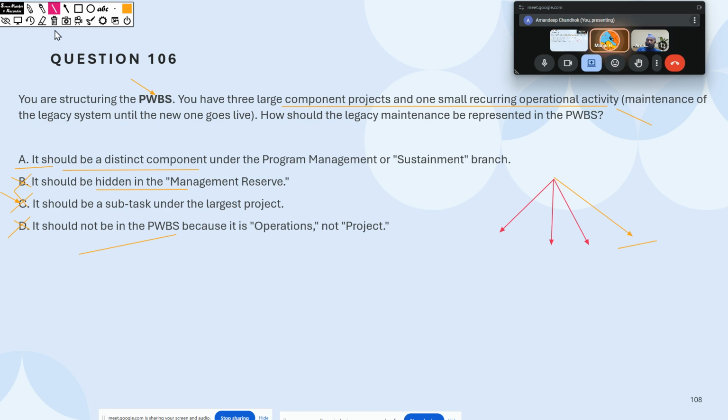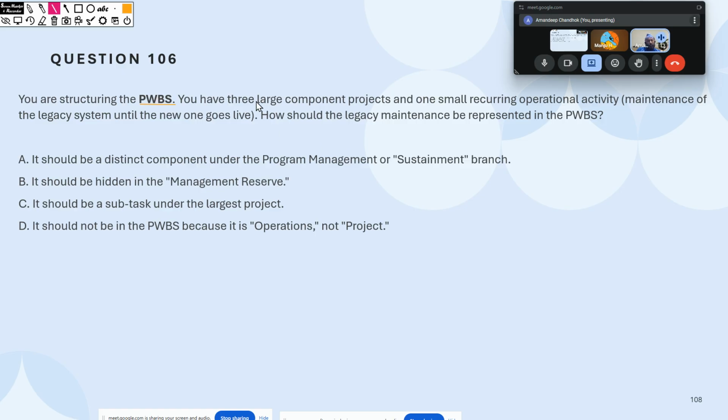Here, the option I have not selected is sustainment. Sustainment is like, I assume, once the program is delivered, then we'll be having sustainment activities. I agree with you. This is where the question is more centered towards how PWS is functioning, not how your benefits life cycle is working. Because PWBS is very oriented towards your program life cycle. So yes, this is a deliberate, difficult question, to put you into that thinking mode.